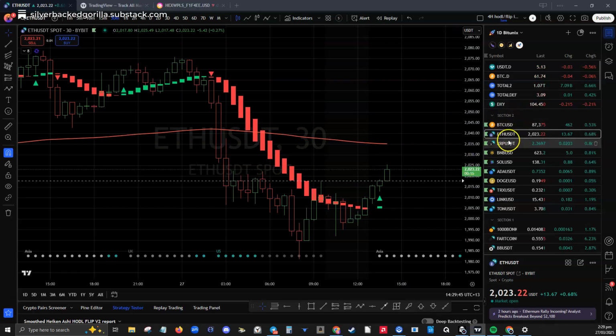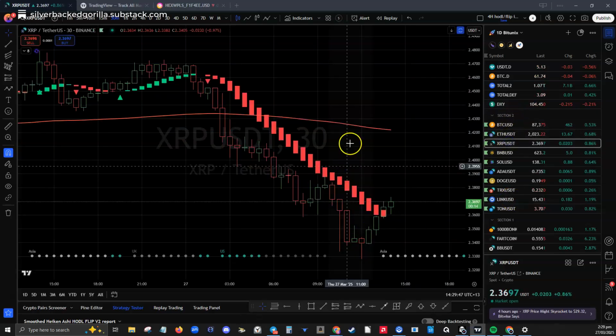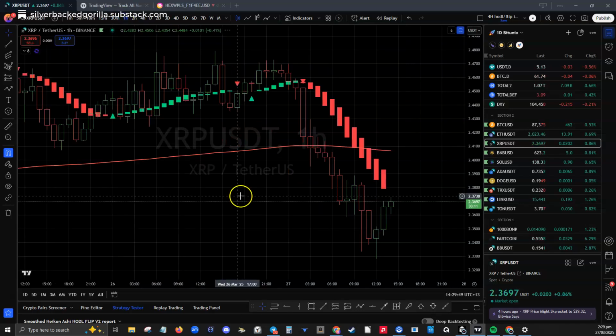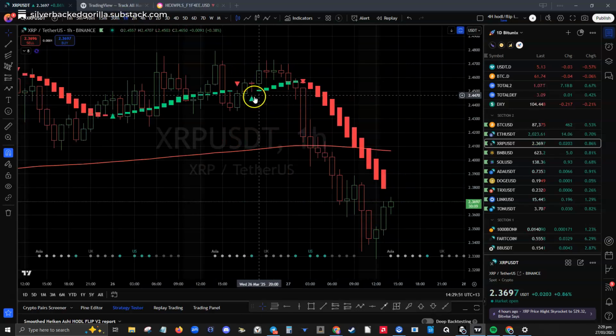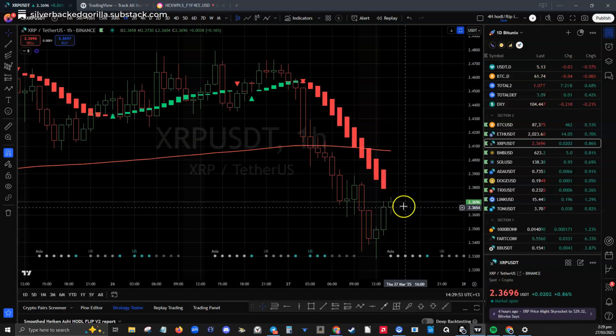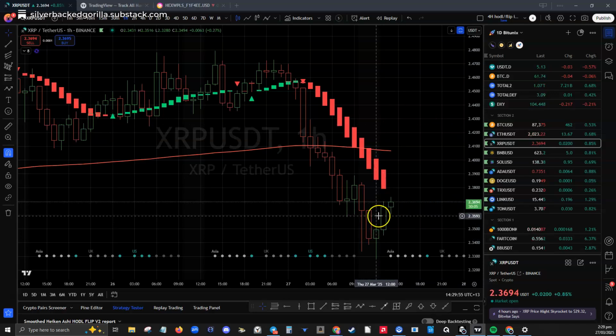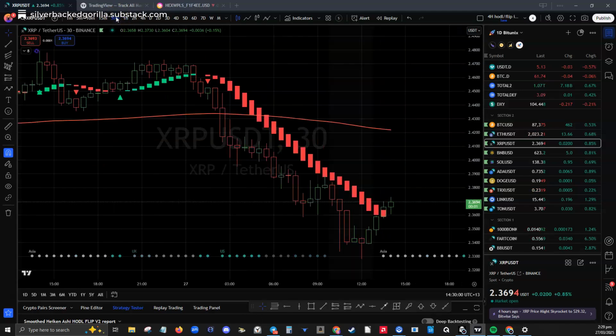We've got our area of interest, XRP. Let's start with the hourly. Hourly hasn't turned green yet, so we're actually still in a downtrend. So we're looking for that to turn green. It's looking like it's going towards the mean pretty aggressively. It's actually broken through on this one here.